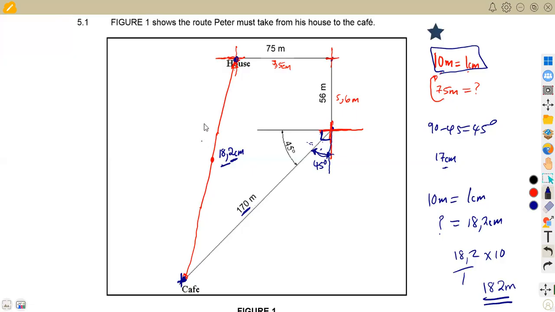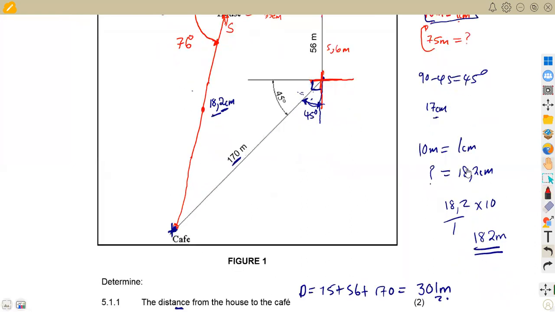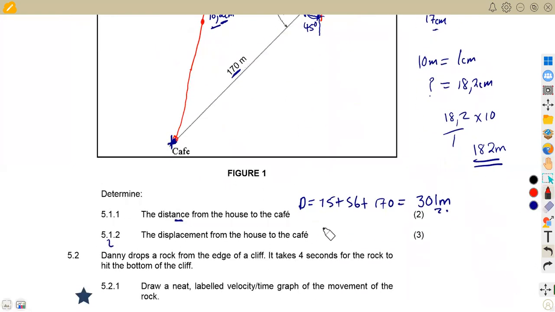And the resultant in terms of the angle is this one. Since we want the resultant angle, we can measure from the west. Remember, this is the north pole, where this is north, south, west, and east. So from the west here to the south, if we measure this angle properly, this is going to give you 76 degrees. So our displacement at the end in this case is going to be 182 meters at